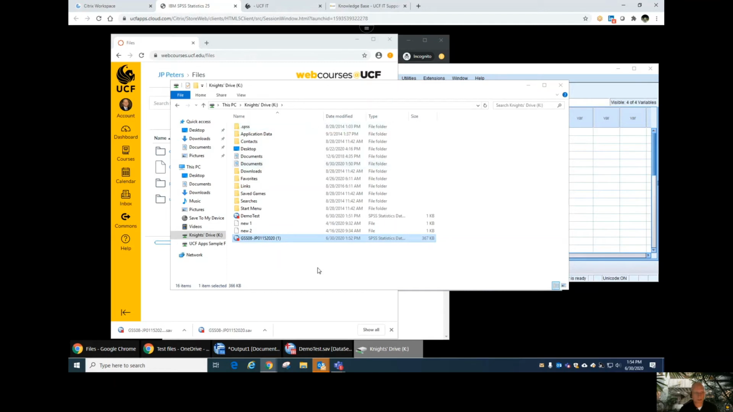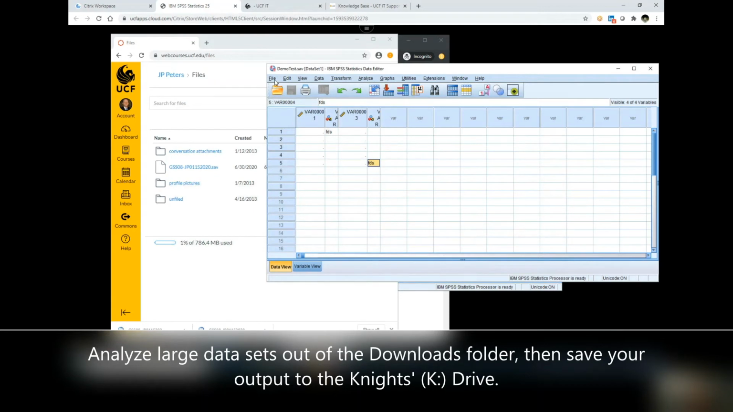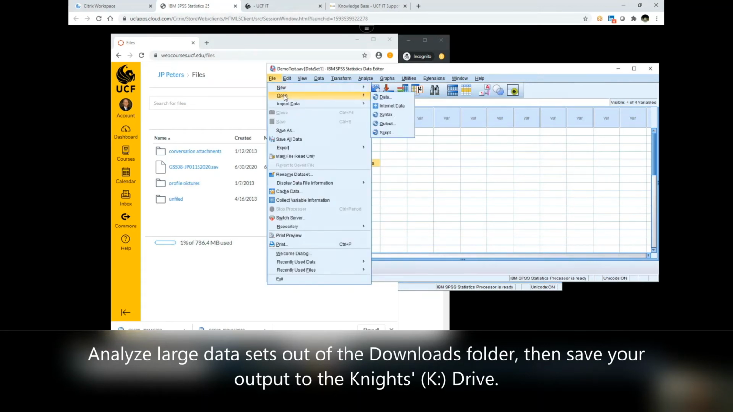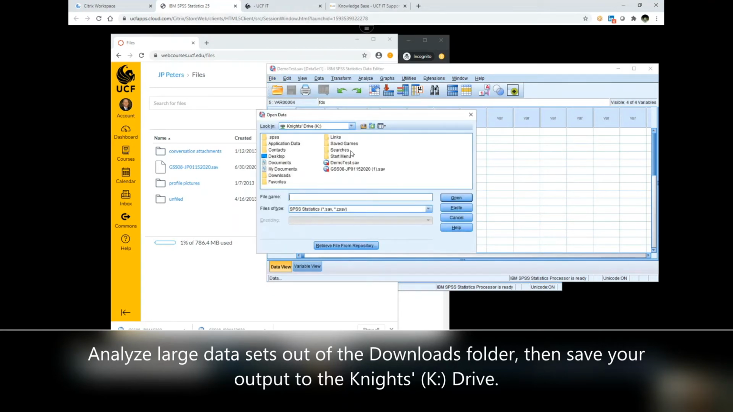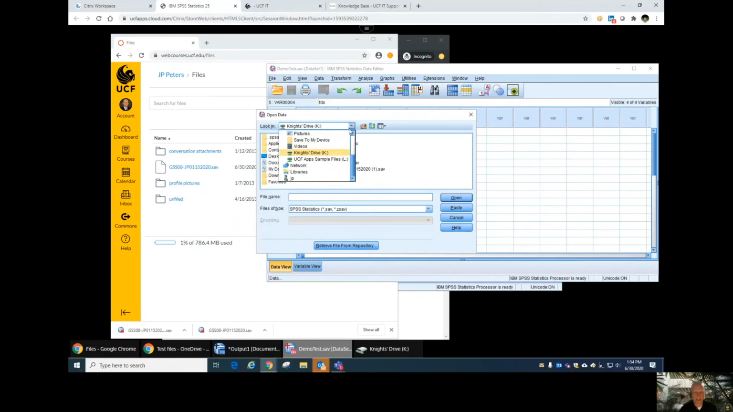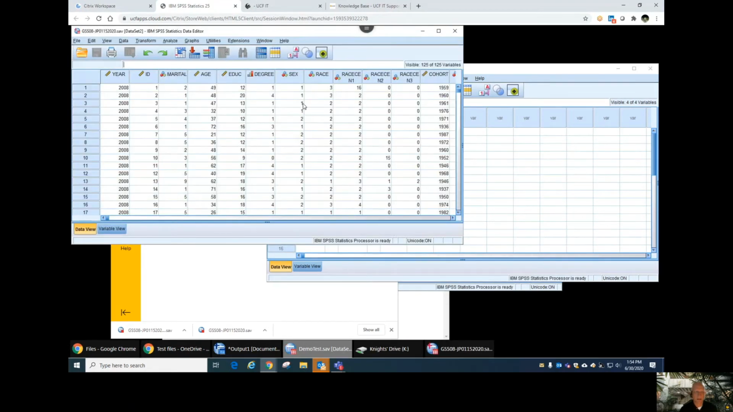Now, if you have a large data set, actually what we recommend is running it from that Downloads folder. So let's say I have another version of that file I've already downloaded. If I go back in SPSS and I want to load that file, I just go File, New, Open, just like you would normally do. And see, right now I'm in the Knights Drive, but if I need to get to where that file was I downloaded earlier, I would go to the Downloads folder. And this is the one that I downloaded a little bit earlier, and let's just pretend it's a big data set. So I can open this data set from here, from Downloads directly,